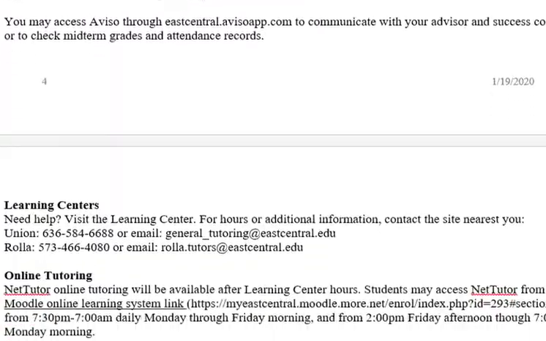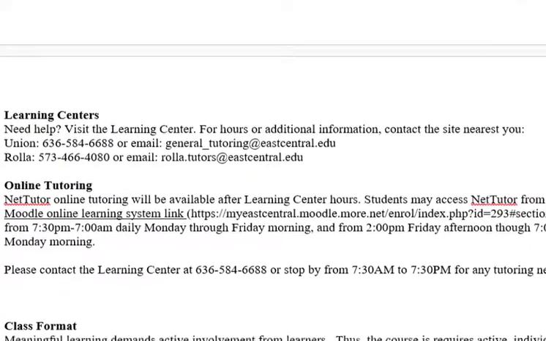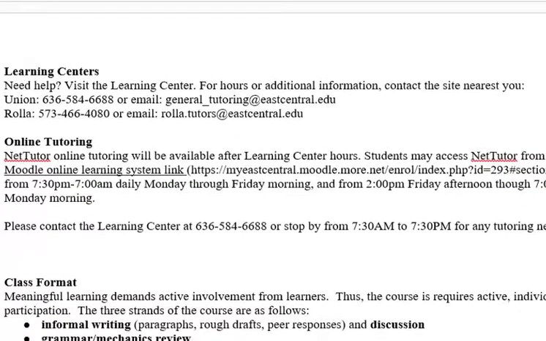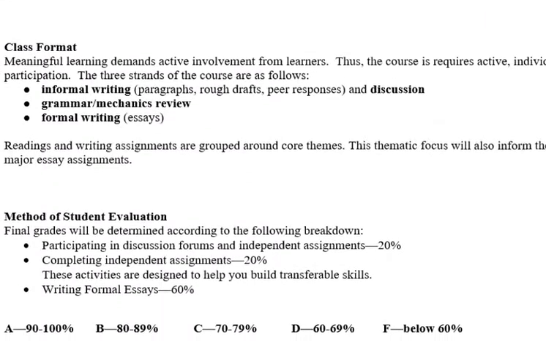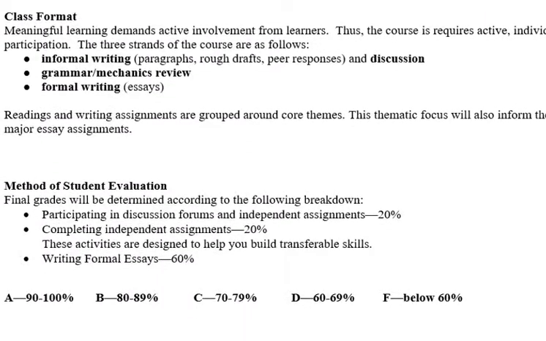I'm almost running out of time, and I know I'm getting up into 11 minutes almost, and it's hard to pay attention for 11 minutes, but I want to get to the section on class format. And in this little last part of the syllabus, maybe this will answer some of your questions as to what you're going to do. There are 3 threads to the class: informal writing, which we do weekly, a little bit of grammar and mechanical review, and then the formal essay writing.